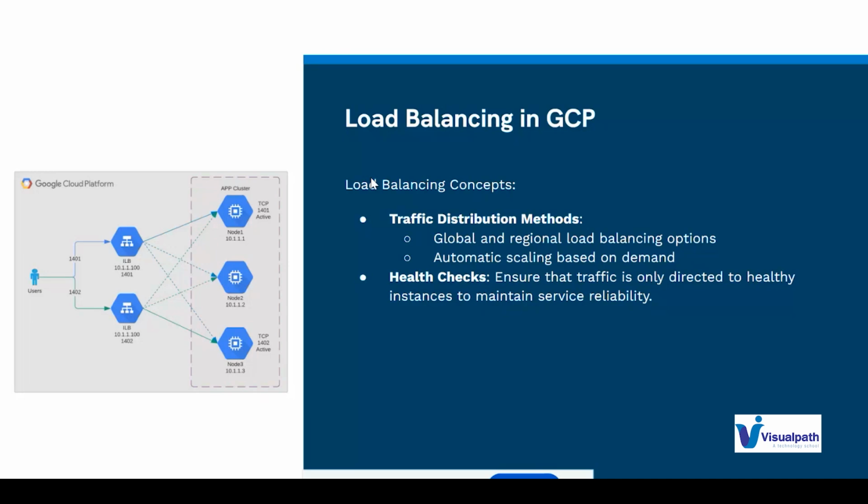Even inside the global level and regional load balancer, they are providing different types, like internal and external. If you want to access the load balancer from the internet, an external load balancer is available, and then an internal load balancer within the VPC itself, if you want to access the application internally. Again, application load balancers and network load balancers are also there. These are already there in other cloud providers. The difference is that the global level load balancer is not available in other providers.